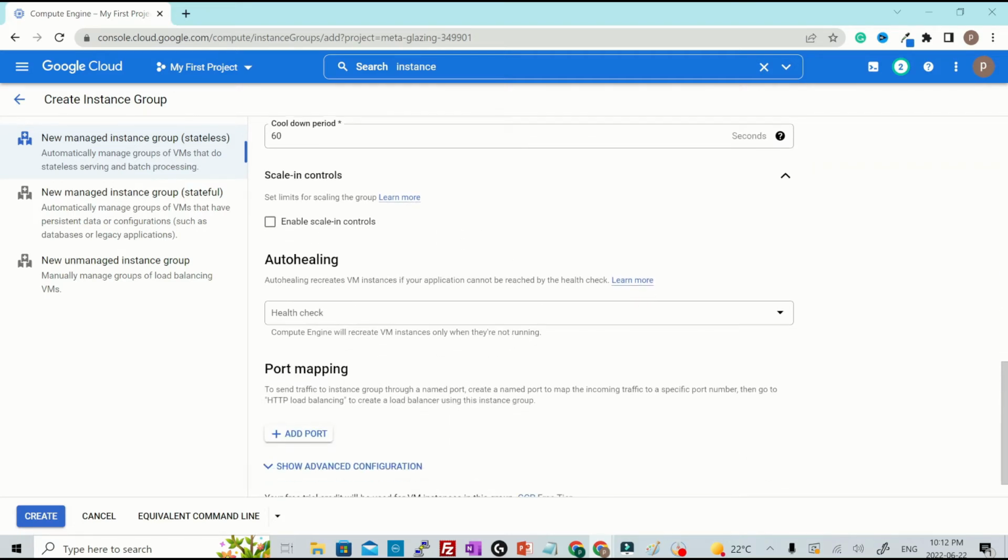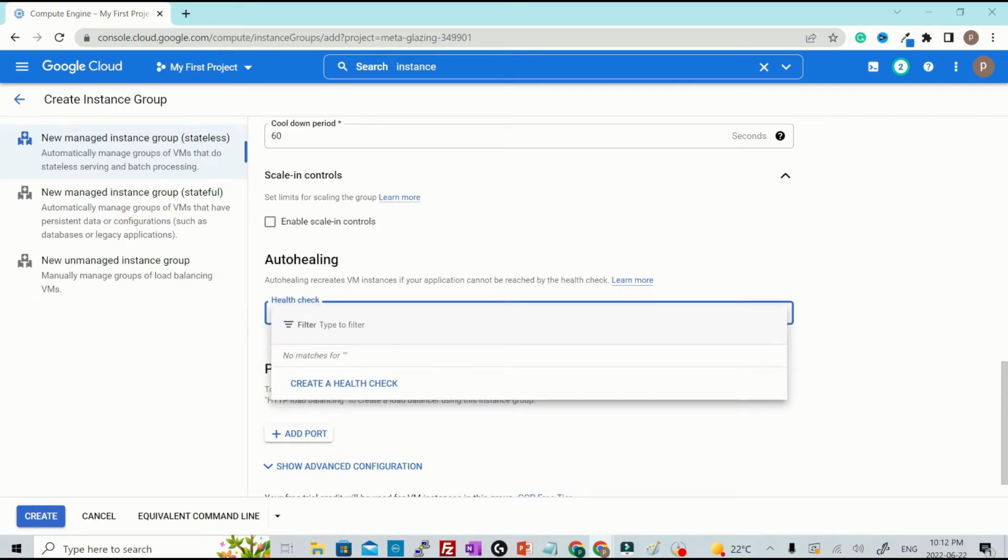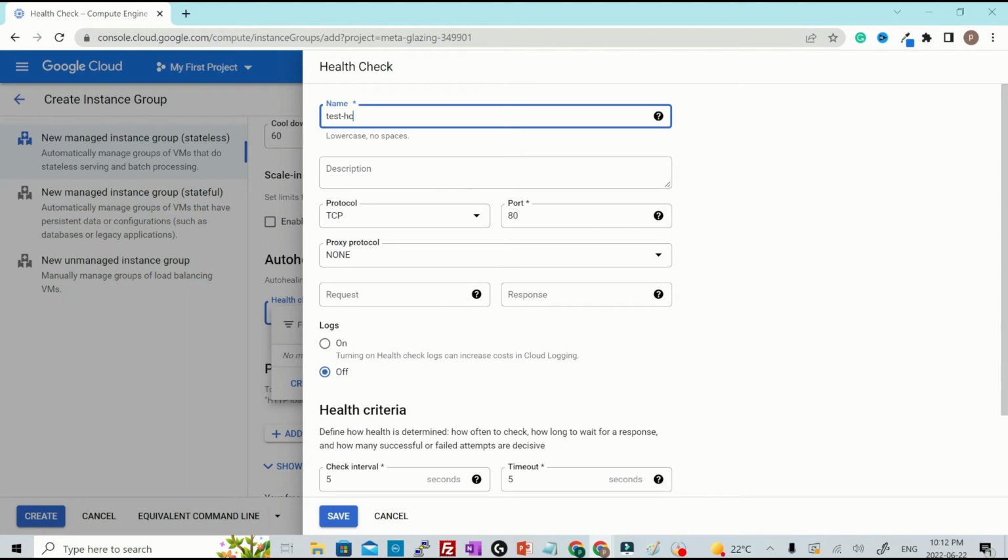Then we have auto healing. It provides the ability for VM to auto heal. So we could just set health checks based on a protocol. Let's go ahead and create a health check. Let's call it test health check